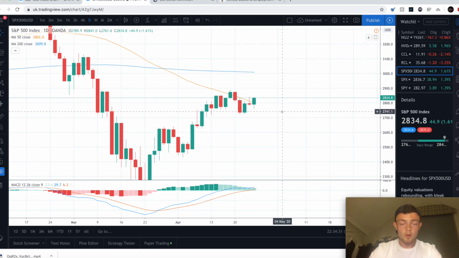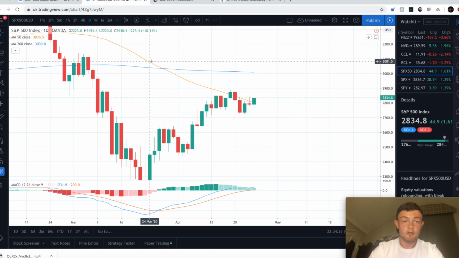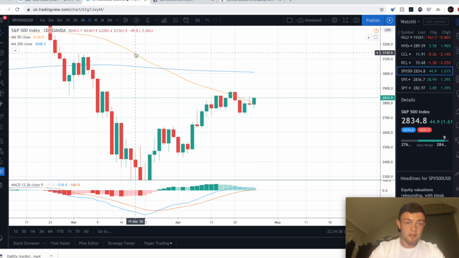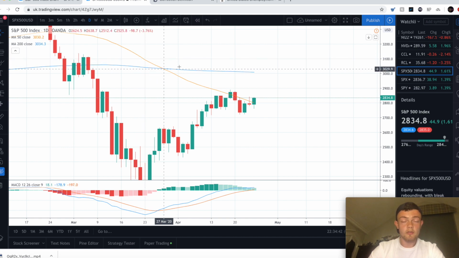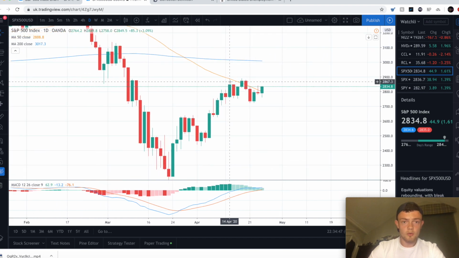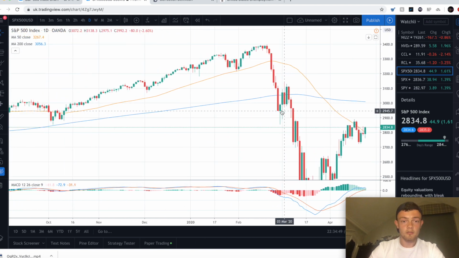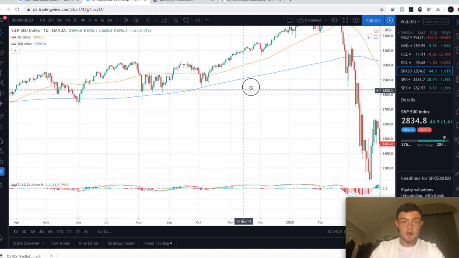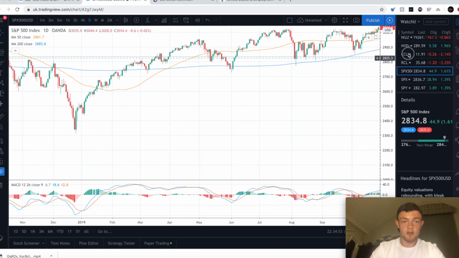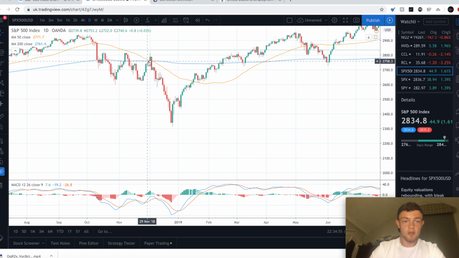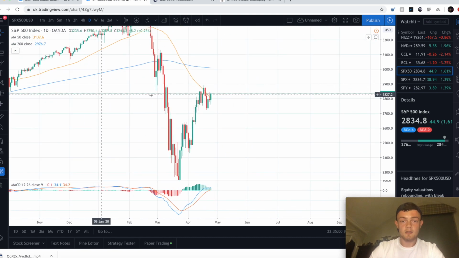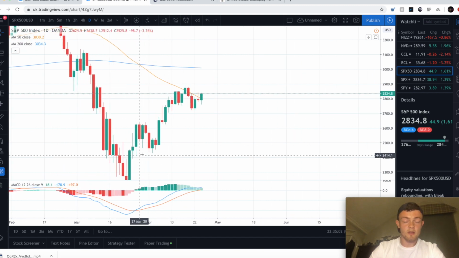So what I was talking about a lot in my previous video was this death cross. This death cross is where the 50 moving average, this orange line, moves below the 200 moving average, which is this blue line. This is very rare. It doesn't happen very often, as you can see. The last time it happened was in December 2018, and what we have seen is that when the market line